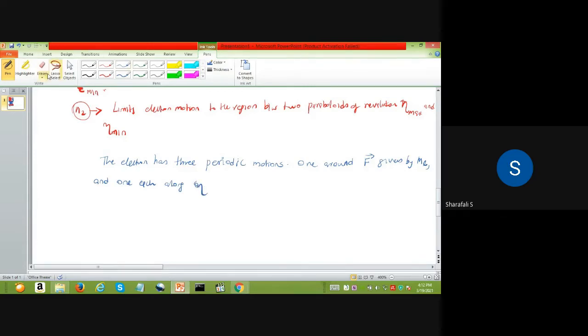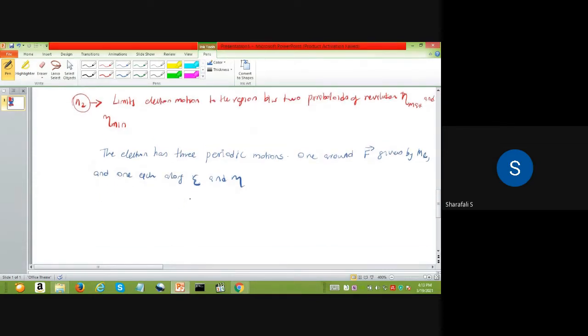I'll just put it as epsilon first, and second one is eta, right? Epsilon and eta. You can change this symbol to beta or alpha or anything. I'm just putting epsilon and